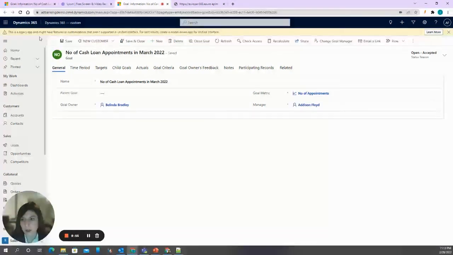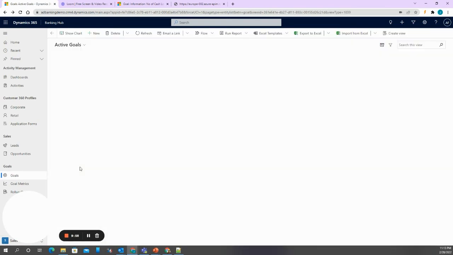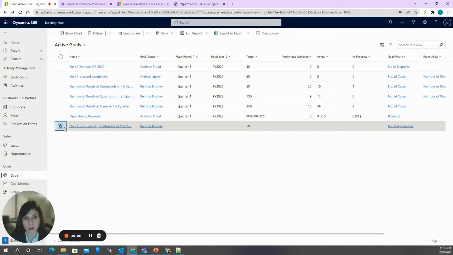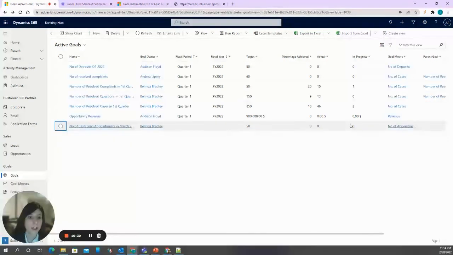And I would just like to spare a couple of words on how we track the progress of the goal. So this is really easy. I'm not sure I will have some nice data to present for this new goal that has just been created, but still the concept is what is relevant. So what we need to do is, of course, to recalculate goal, and then what we will receive here is the number of items, or actually appointments, that have been scheduled,